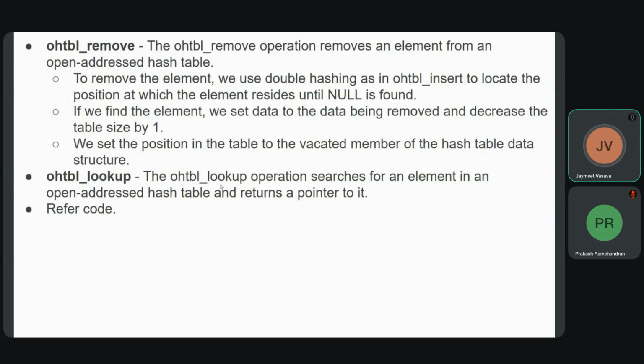We set the position in the table to the vacated member of the hash table data structure. Remember that we will be using vacated for signifying the removed elements from the table. So for lookup, the operation searches for an element in the open address hash table and returns a pointer to it. Now let's refer to the code